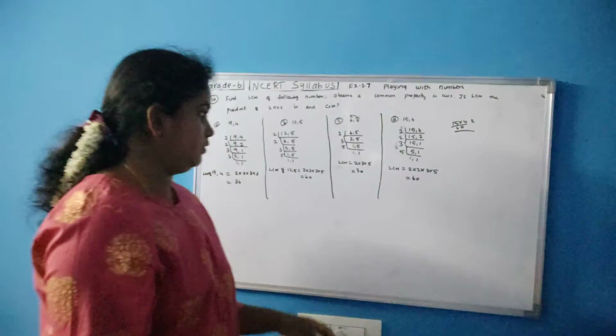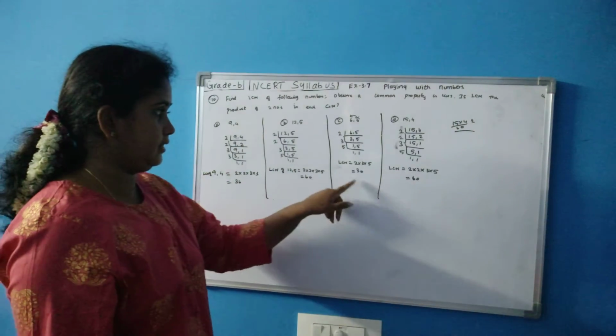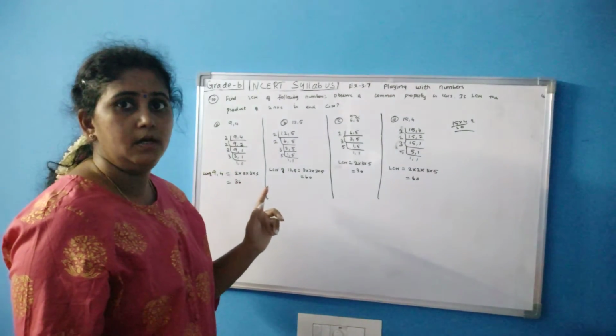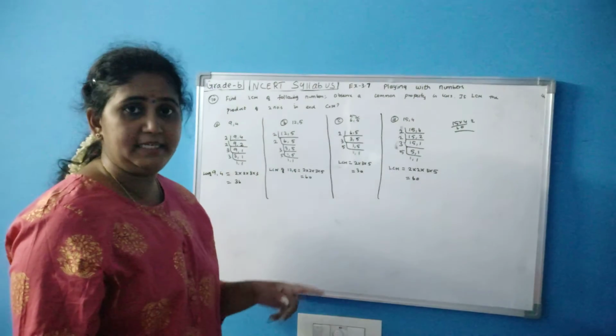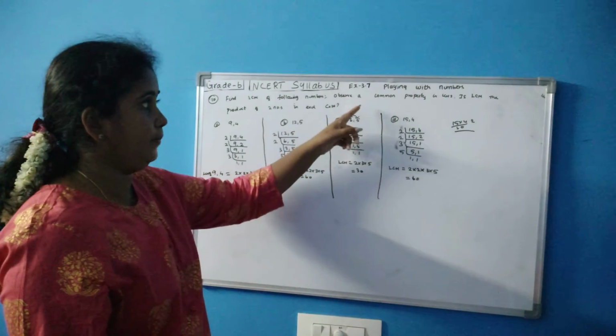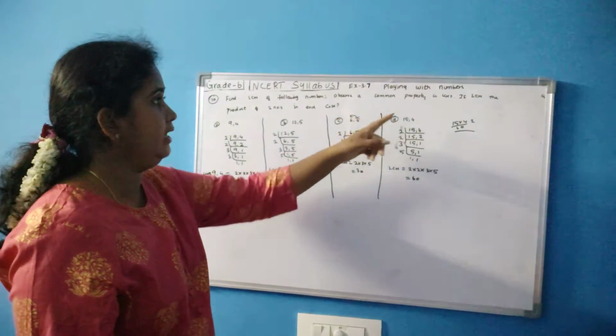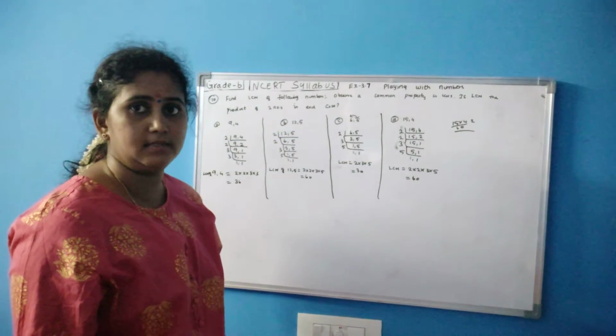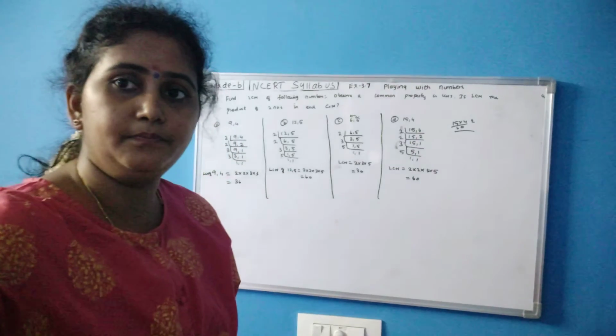Okay. So you check all: 36, 60, 30, 60. Did you find any common multiple? Yes, it is a multiple of 3. So the common property observed is that it is a multiple of 3. And then is LCM the product of the two numbers in each case? That answer is yes. Now we will move on to the next sum.